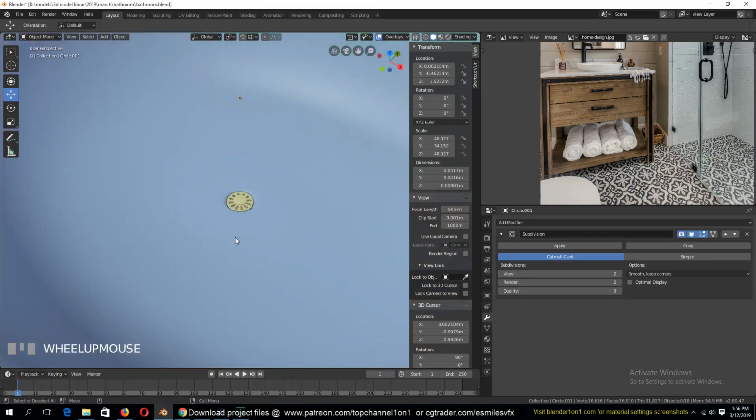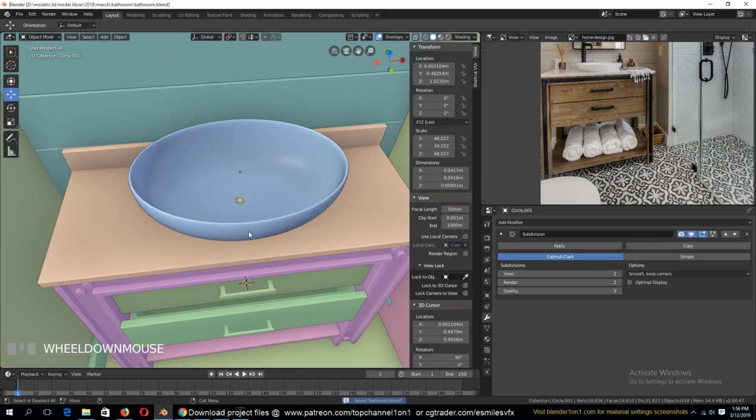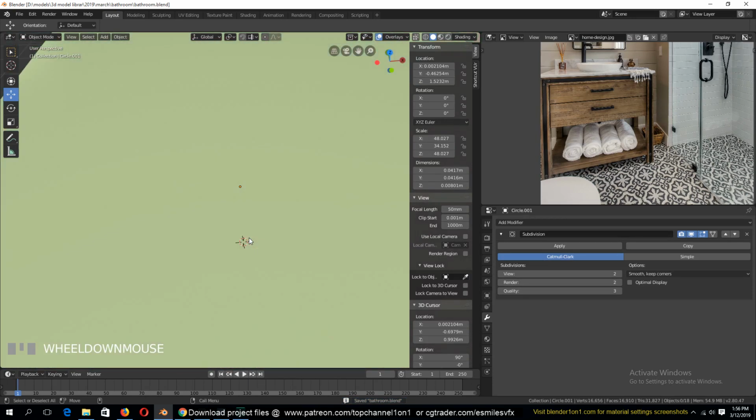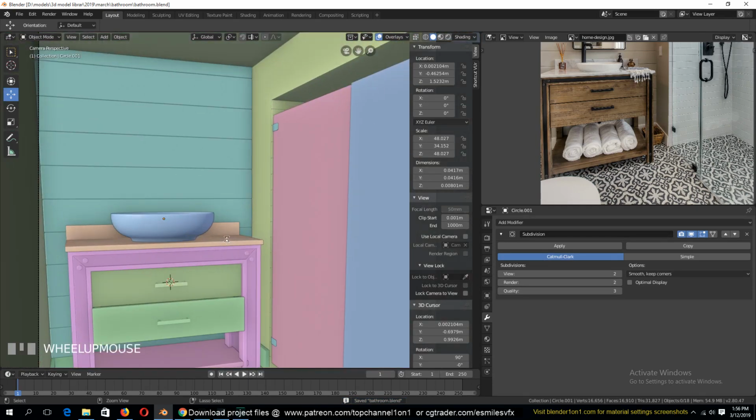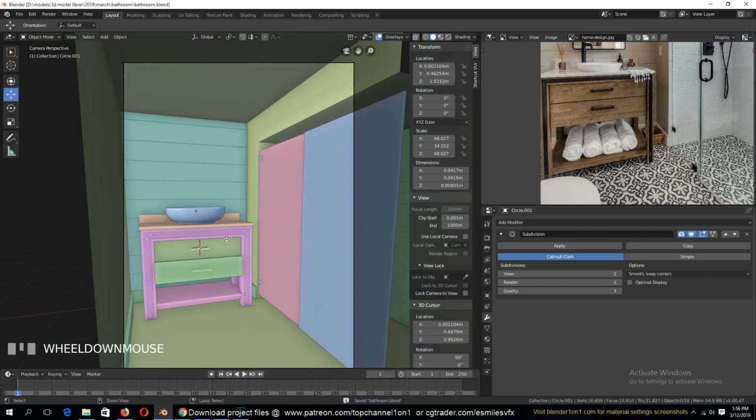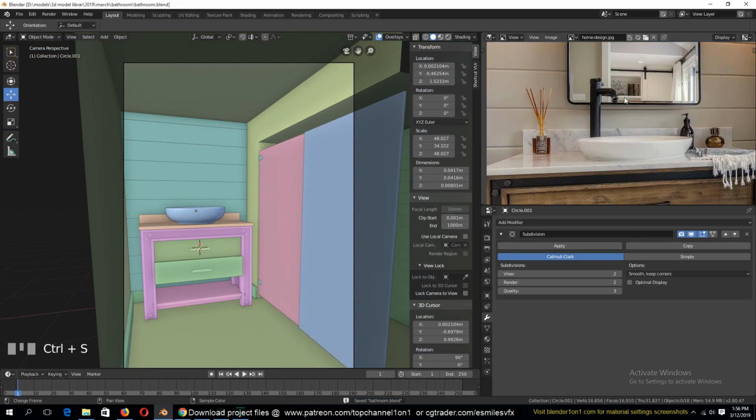Alt H. And now we have that. So in the next lesson, we will be adding this faucet, and there may be a few of those details there, and see how that